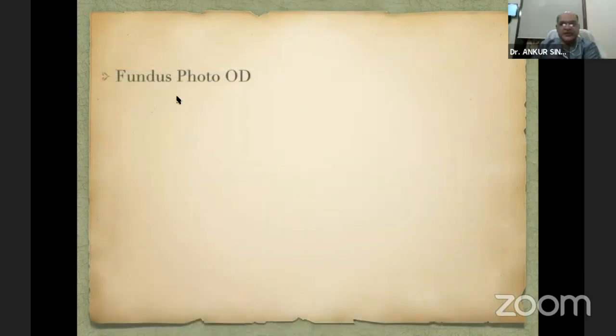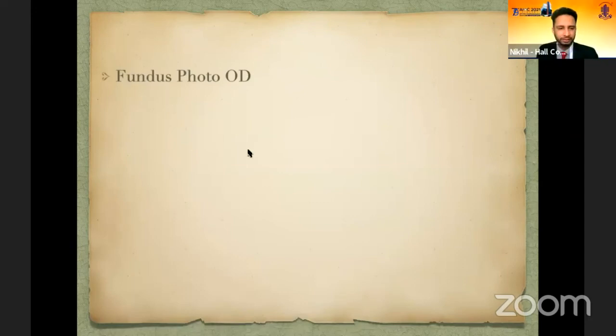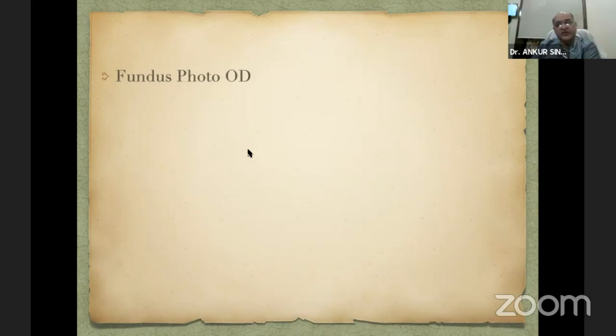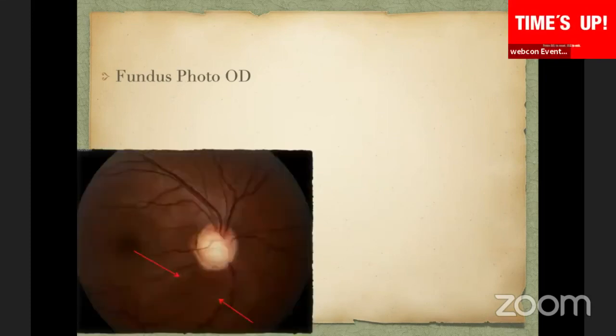I'm really sorry to interrupt, sir, but the time is up. If you could come to the conclusion slide, we would appreciate it. Sir, I started 1 minute late. That's what I told you in the beginning. No, my program is actually timed for 8 minutes. It will finish in 8 minutes. I'll do the 8 minutes, sir.